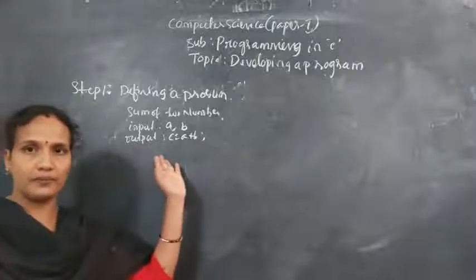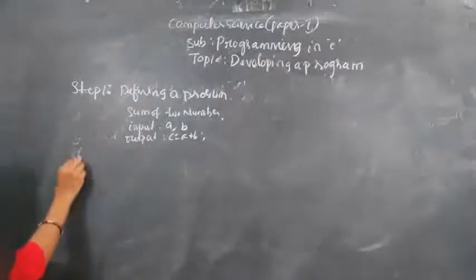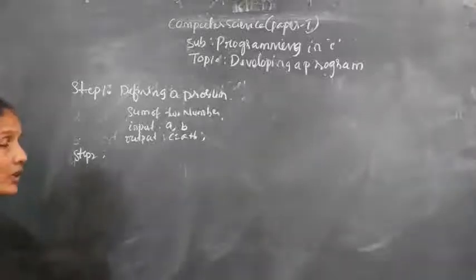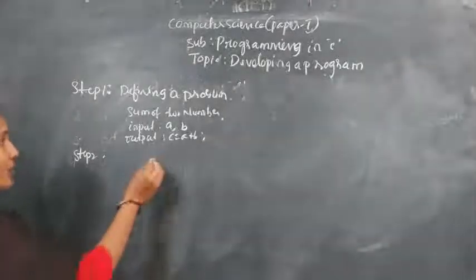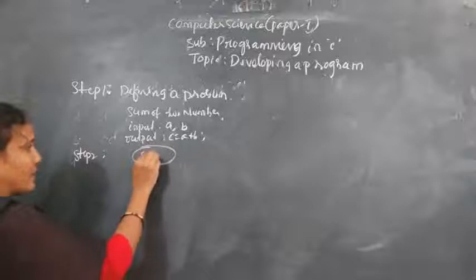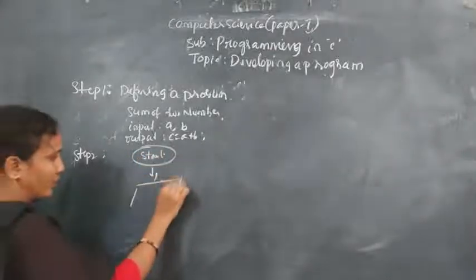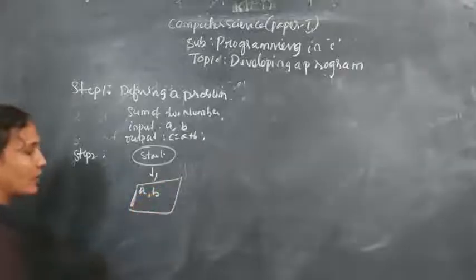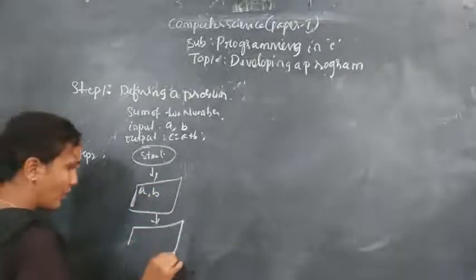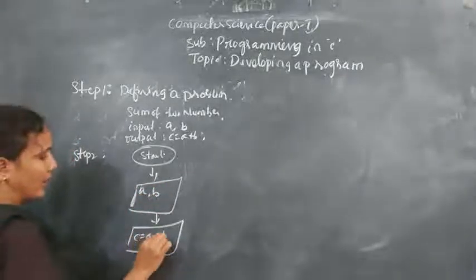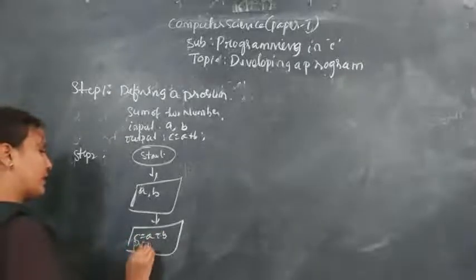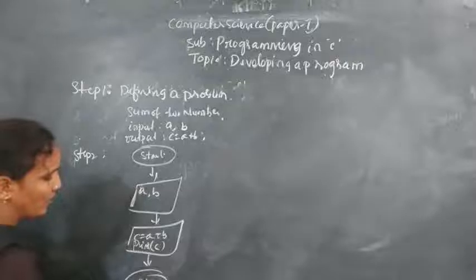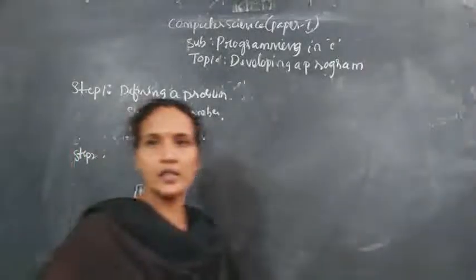This is the first step. Second step, what we are doing in step 2, you are giving a step-by-step procedure. You need to design an algorithm. Algorithm I have explained already. Start. What is the next one? Input. Input A, B. Next, output C equals A plus B, and printing also. Print C value. Next one is stop. Over. This is the second step.